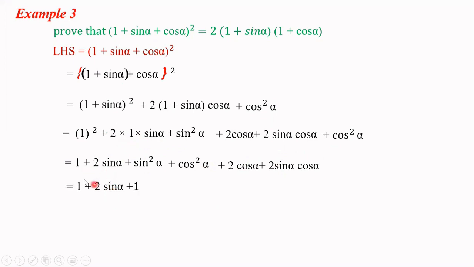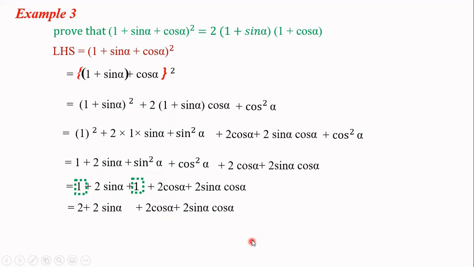1 plus 2 sine alpha, the first and second terms are copied as they are, and this portion sine square alpha plus cos square alpha has its value 1. The formula of sine square alpha plus cos square alpha is 1. So we have substituted it by 1 and the remaining part is copied as it is. Moving on to another step, this 1 and 1 will get added. 1 plus 1 is 2. The remaining part is copied. In this step, all the 4 terms, 2 sine alpha, 2 cos alpha, 2 sine alpha cos alpha,